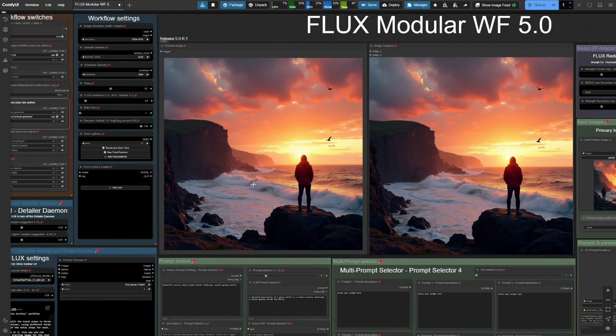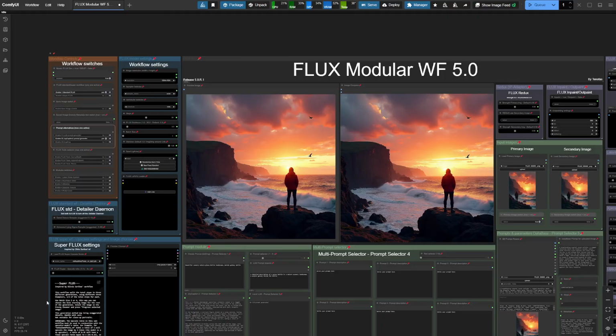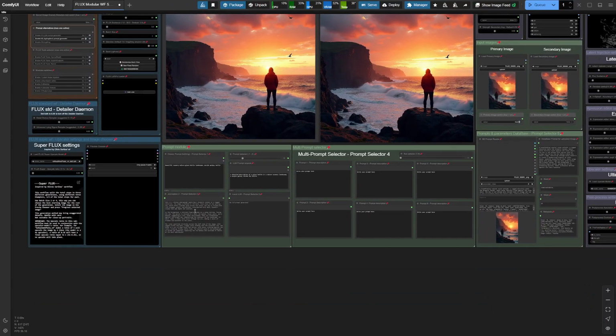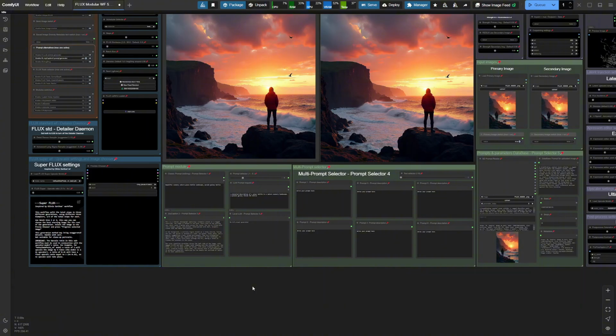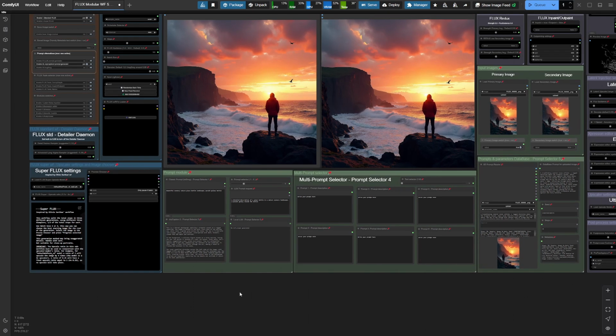A beautiful image of a sunset with someone standing on the coastline, on this big rock here, the waves, some birds in the sky, clouds. As you see, Joy Caption describes the image very well for Flux to generate your image. These are the main 3 ways you can use the prompts,